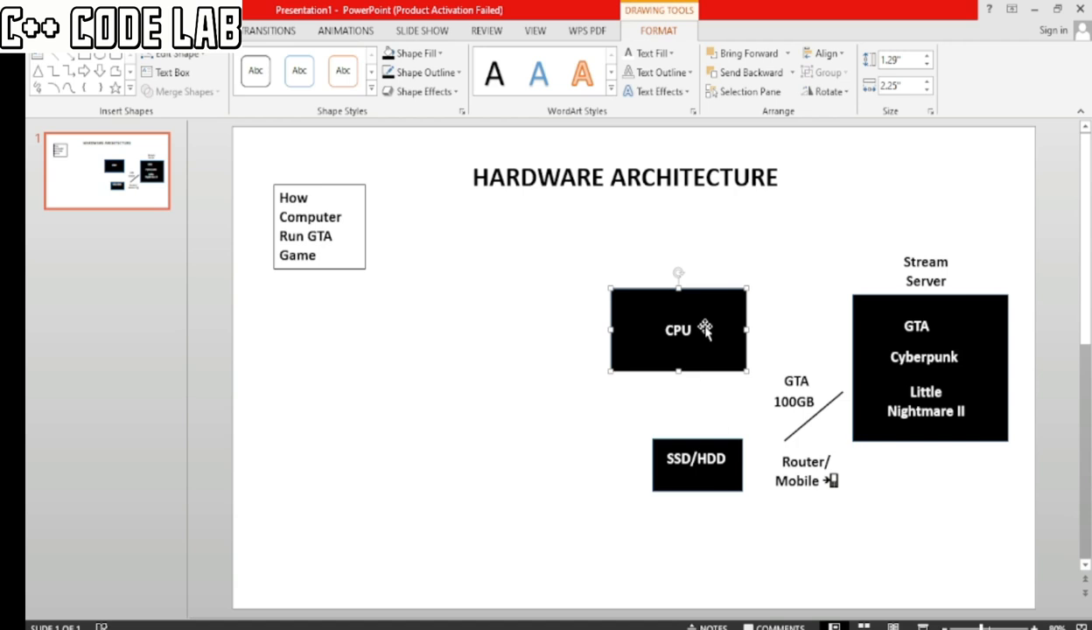So now you download the game from the Steam server into your computer, about 100 gigabytes, and install it directly into your HDD or SSD. Like I said before, HDD is your storage device, your hardware where every data in your computer is stored. Like the game you download, videos, files, everything is stored in your HDD or SSD. HDD, I think, is hard disk drive, and SSD is solid